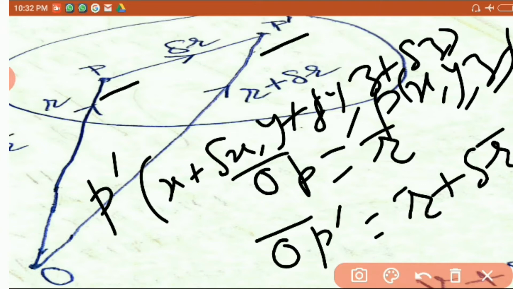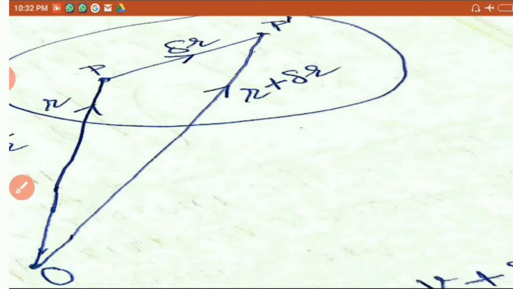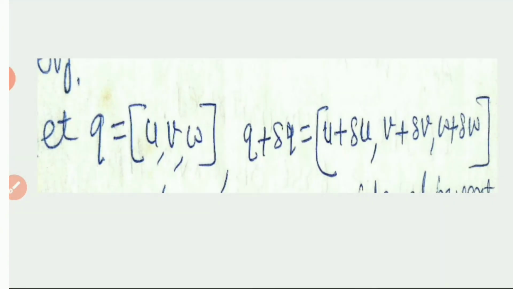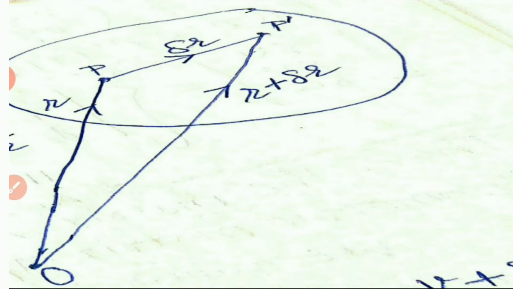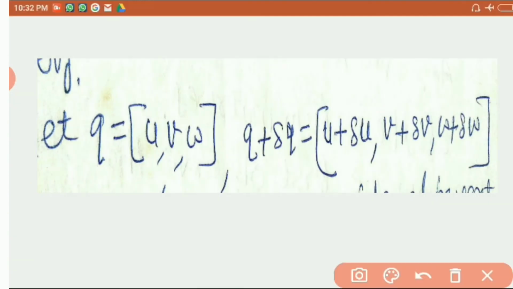Further, let q is equal to (u, v, w) and q plus delta q is equal to (u plus delta u, v plus delta v, w plus delta w) be the velocities